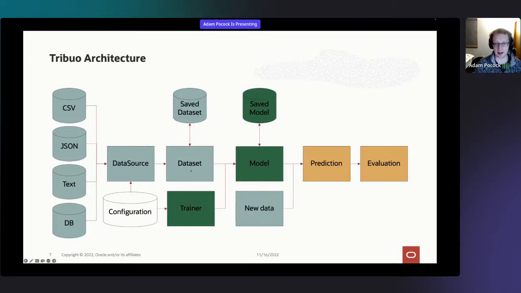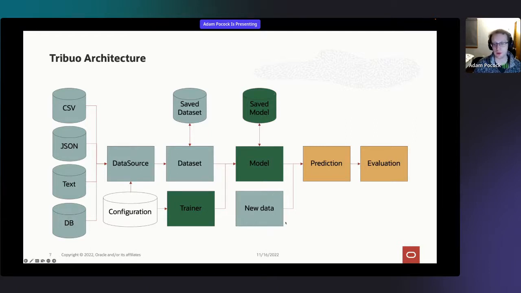To take a data set and actually produce a model, you need a trainer object. That trainer object captures the algorithm that you're going to use, whatever the actual system is for doing machine learning, all the hyperparameters, and any of the details necessary to produce the particular output. Then you can combine a data set and a trainer, and you get a model out. You can save those out as well if you want.